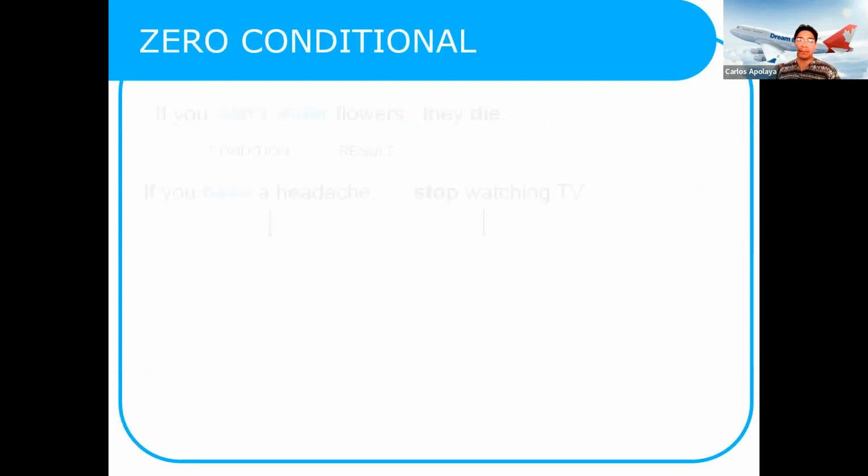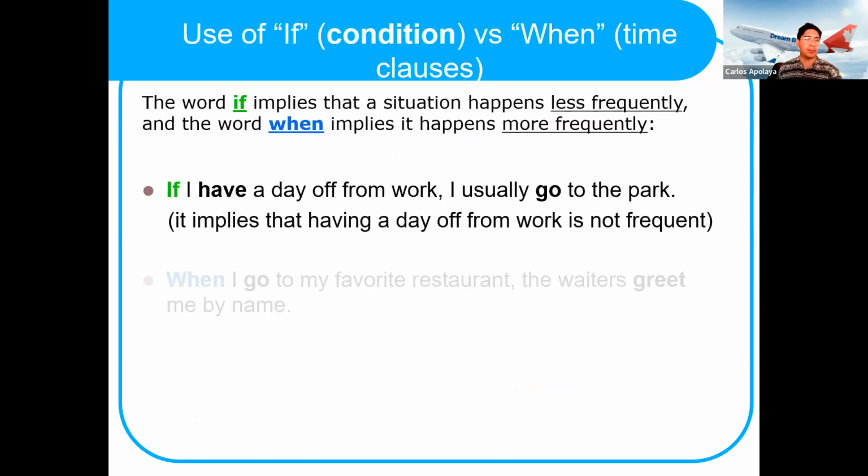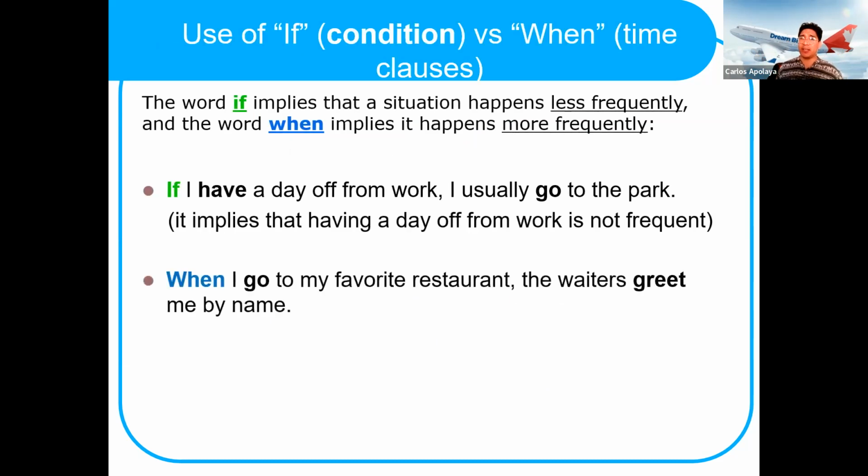You have here the zero conditional, of course, for general truth, or when we give advice. I have a headache. Stop watching TV. You see? Mom, if I am not good at English, study more. You see? You don't need to create another sentence. It's the same. In the zero conditional, of course,